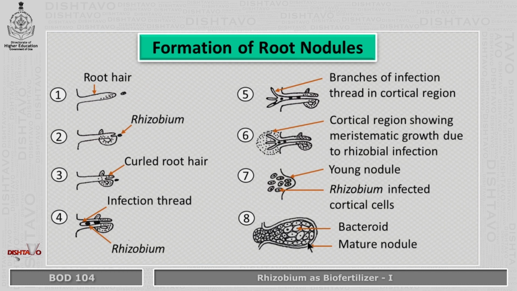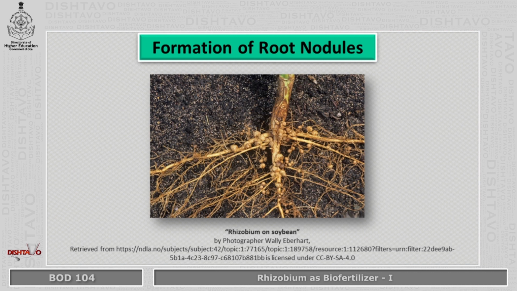The nitrogen is fixed in the nodules with the help of the enzyme nitrogenase, which is found inside these bacteroids. The nodule has its own vascular system, which is connected with vascular system of the root to facilitate transfer of fixed nitrogen to the host and carbohydrates and other nutrients from the host to the bacteroids. Once the legume dies, the nodule breaks down and releases the rhizobia back into the soil, where they can live individually or reinfect a new legume host. In this image, we can see the root nodules on soybean.